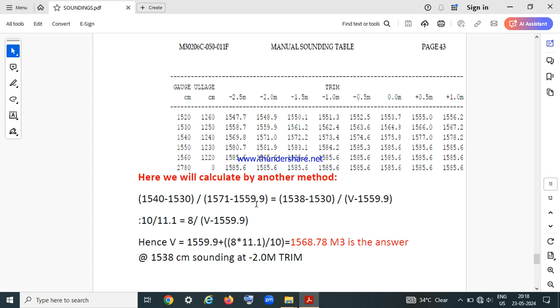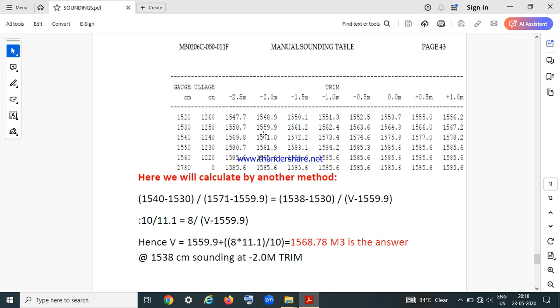This is the division, and this one is a meter cube at -2 meter trim. So this equals 1538, the value at which we want the meter cube value. So 1538 is the sounding which came and for which we want to calculate. So 1538 minus 1530, divided by